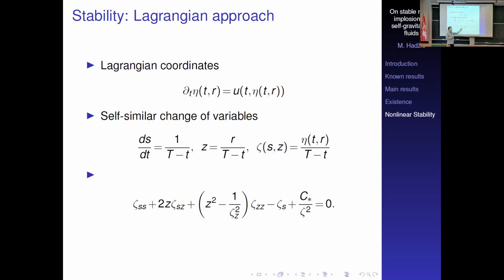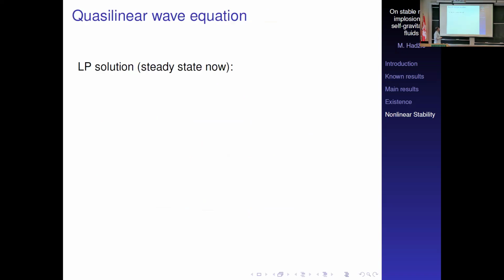And also it features an awkward term here that can change sign depending on whether you are to the left or to the right of the backward sound cone. So the LP solution is now a steady state, and you have to describe it in the Lagrangian framework. There are two things that we can prove; it's not explicit, it's in fact very non-explicit, that on approach to origin,